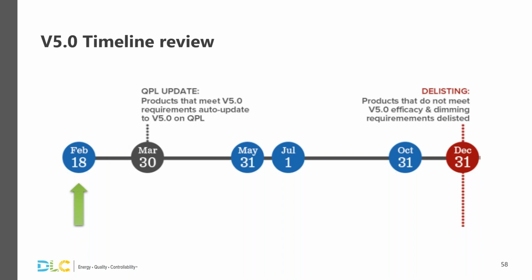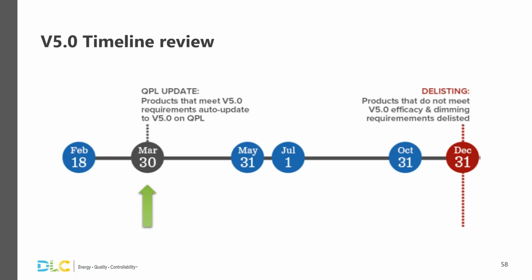On March 30th, version 4.4 products that meet the version 5.0 requirements will auto update to version 5.0 as previously described. All of that information, once again, will be distributed to your manufacturer's accounts, and that information will detail whether or not a product has met the version 5.0 requirements. And if it does not meet the requirements, it will be listed on whether or not it did not meet due to efficacy or dimming